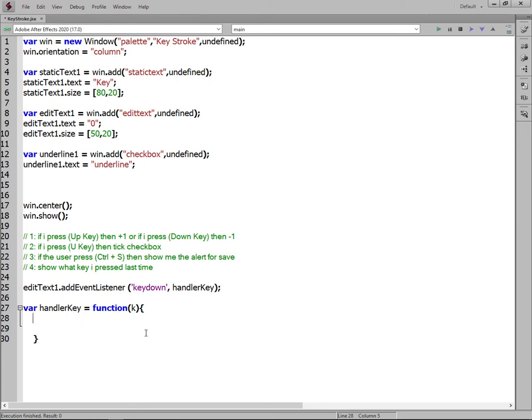So first I need the up key. So if, and here we need to define our condition, if the k dot key name is equal to up, which means the up arrow key on the keyboard, and if the user types the up key, then execute this. This dot